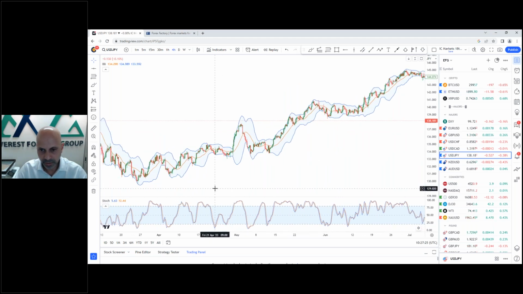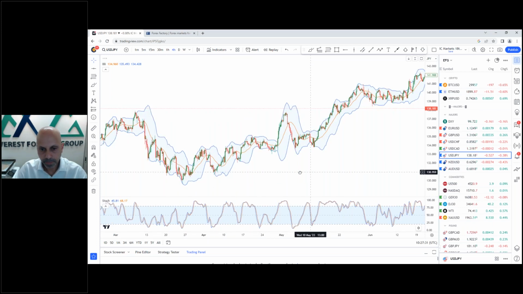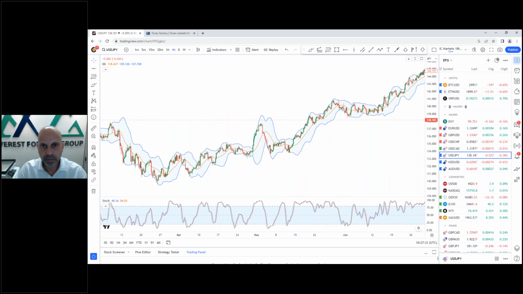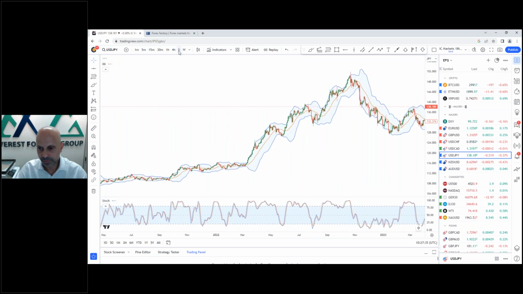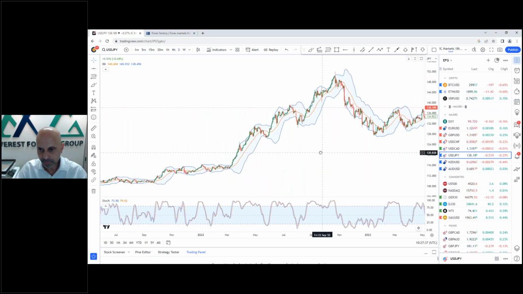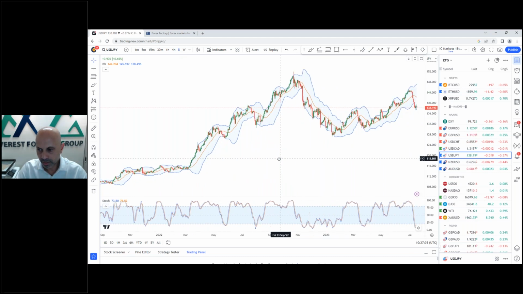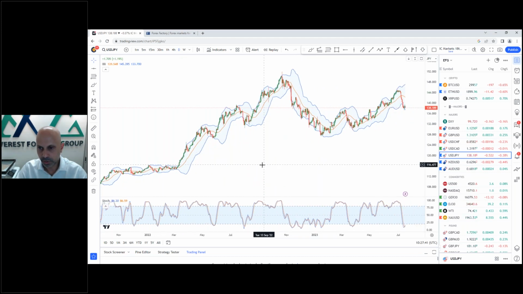Generally, I see that this is usually okay for currencies. For me, is it better on the daily? Yeah, again, I guess you could say that it works a bit better on the daily time frame to identify